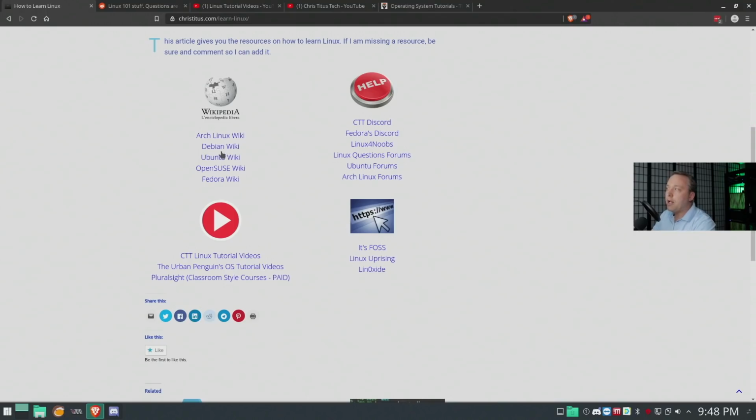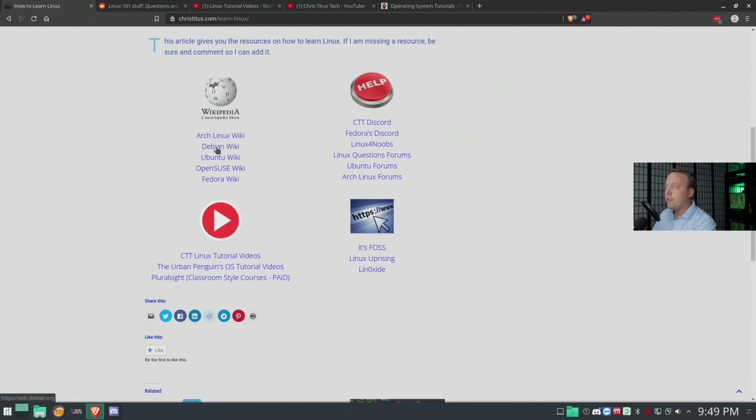I'm not going to go through the other wikis, as they're specific to the operating systems they cover. I just wanted to put those out there. If you're not on OpenSUSE or Fedora, you probably don't want to go to these wikis. But if you are, there's some really good stuff there specific to them.